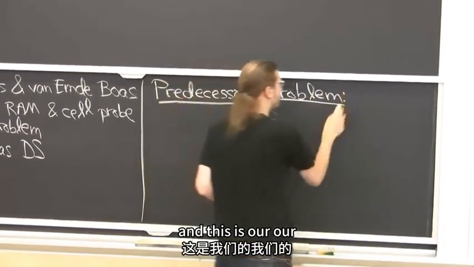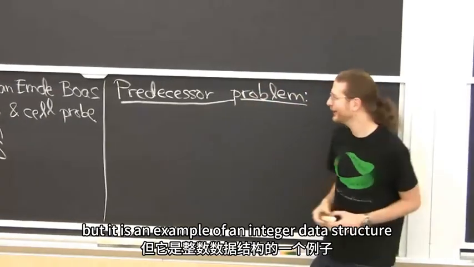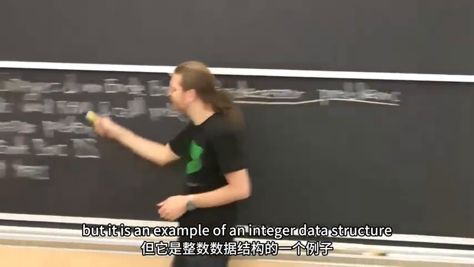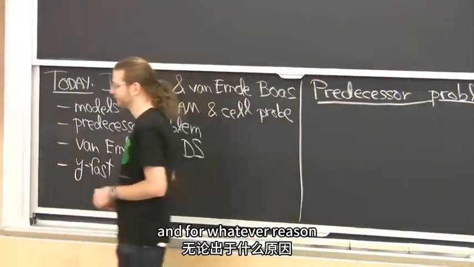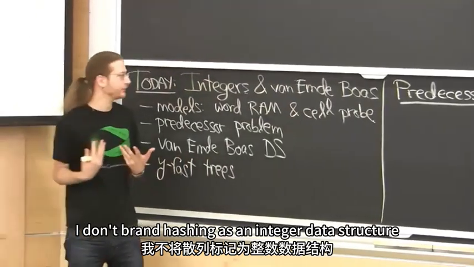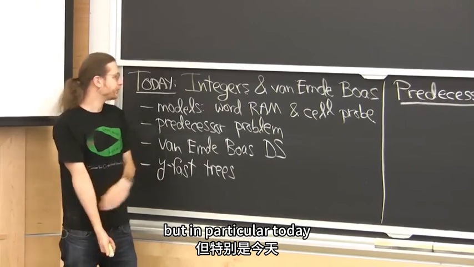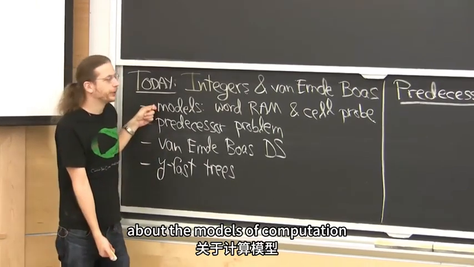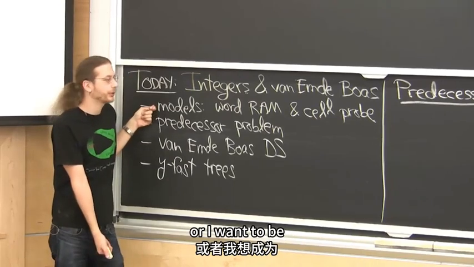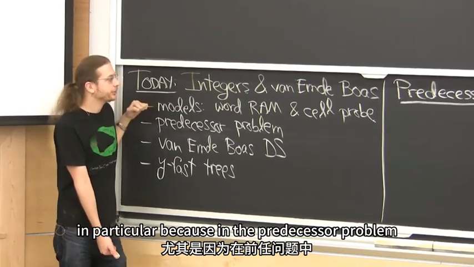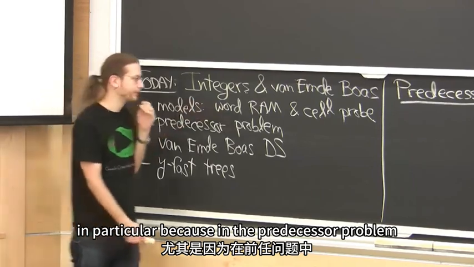And this is not really our first, but it is an example of an integer data structure. And for whatever reason, I don't brand hashing as an integer data structure just because it's its own beast. But in particular today, I need to be a little more formal about the models of computation we're allowing. In particular because in the predecessor problem,